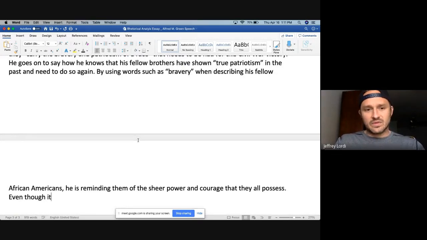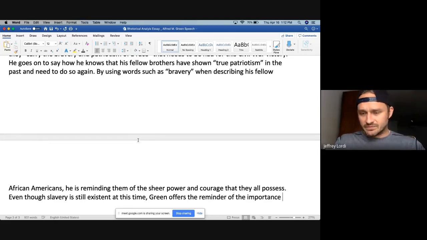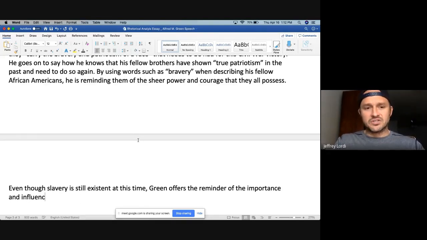Even though slavery is still existent, and I'm thinking, well, why does this matter? Even though slavery is still existent at this time, Green offers the reminder of the importance and influential power that African Americans